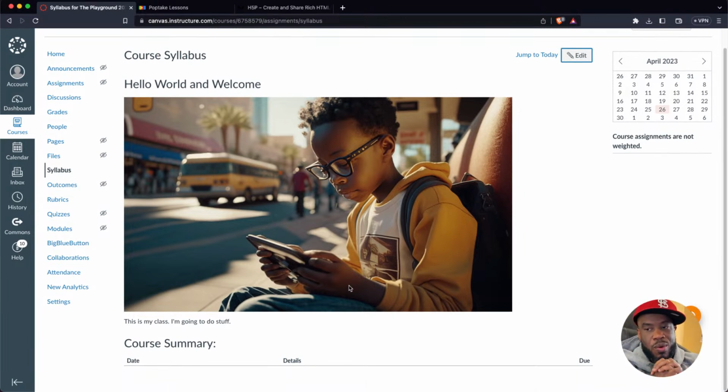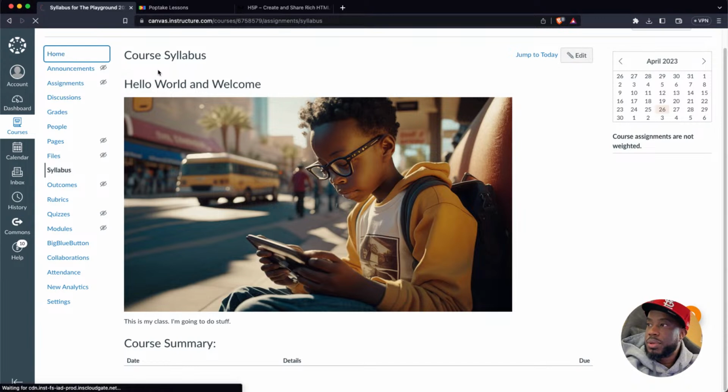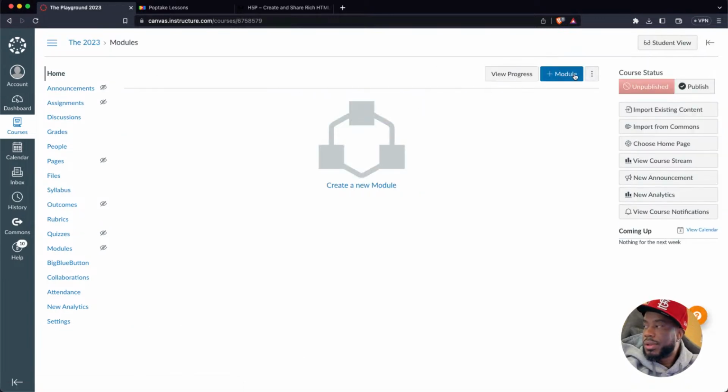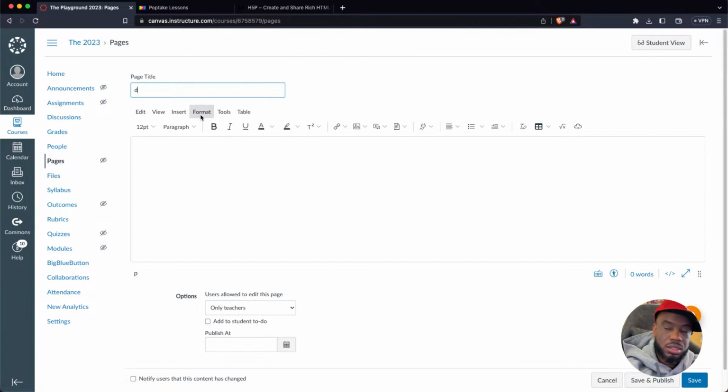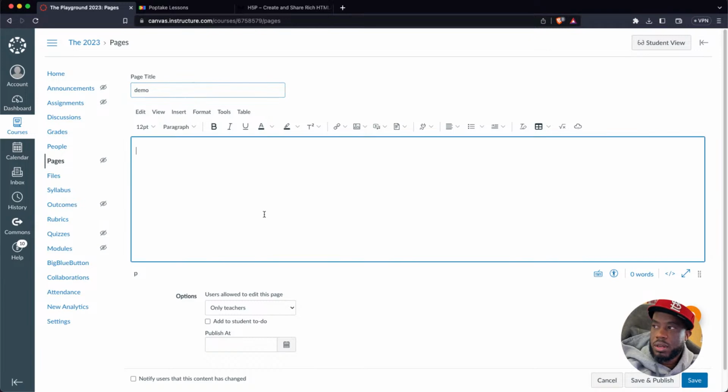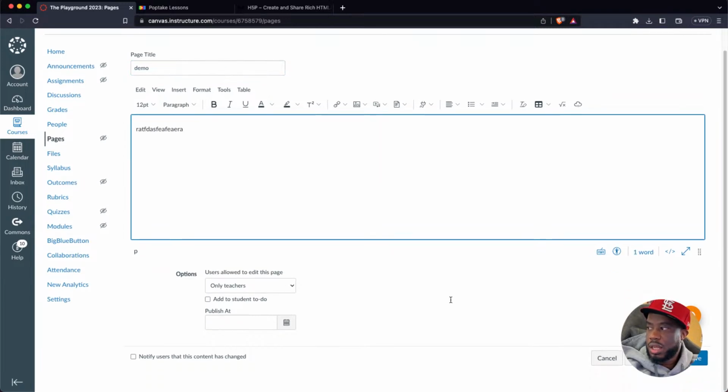You probably have requirements from your principal or your school district: your name and how you can be contacted, office hours, perhaps your email, and a description of your course, what kind of things you're going to do. All right, cool. I'm going to go back to that home page. I'm going to go to pages, add one, demo, just so we see this demo. A regular page doesn't have anything on it. I'm going to make that, and hit the save button.